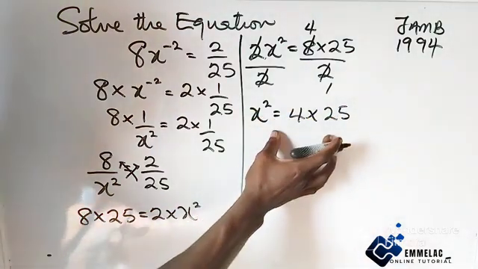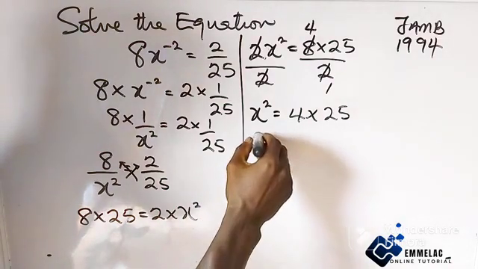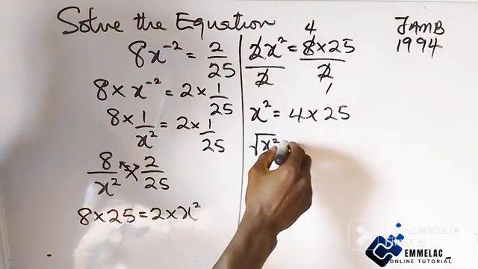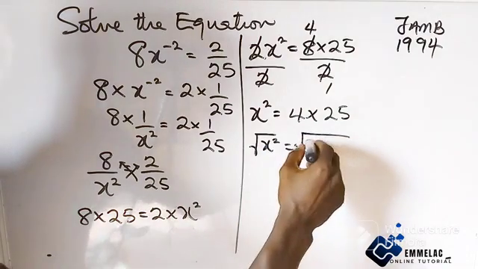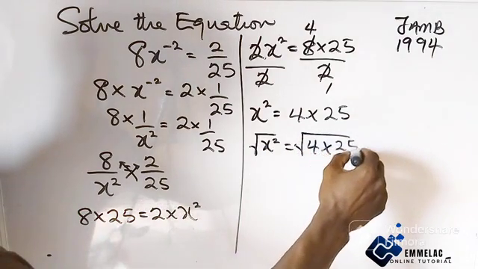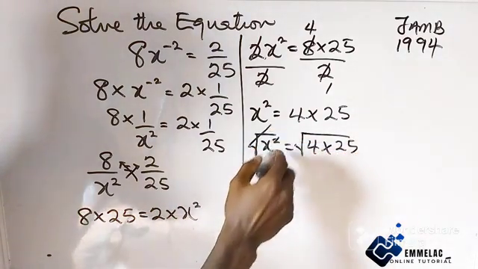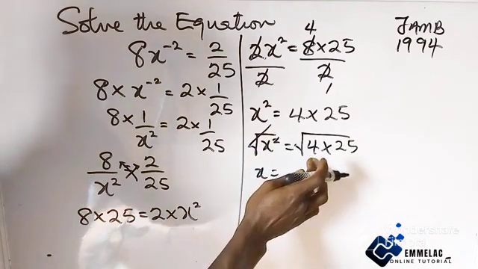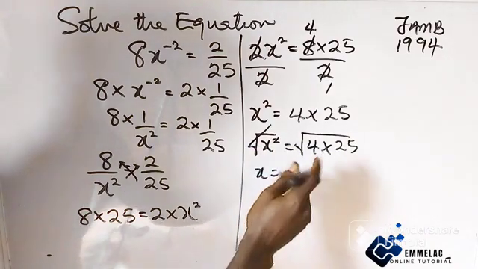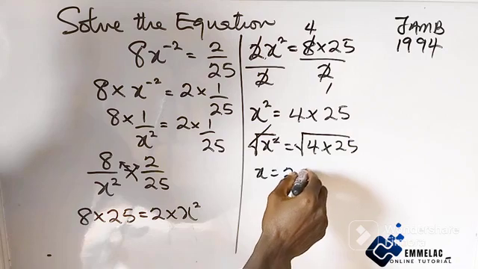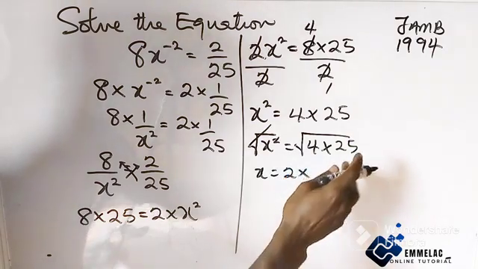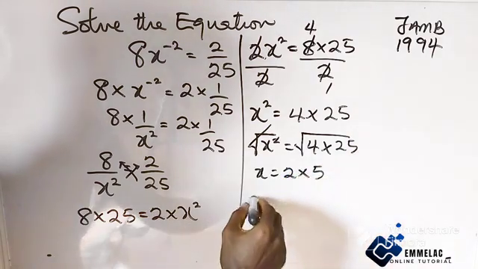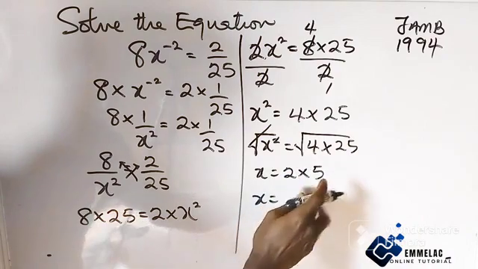All right, with this we can just square root both sides. The square root of 4 times 25, this will now cancel out the power. You have x equals the square root of 4, which is 2, times the square root of 25, which is 5. Then x equals 2 times 5, which is